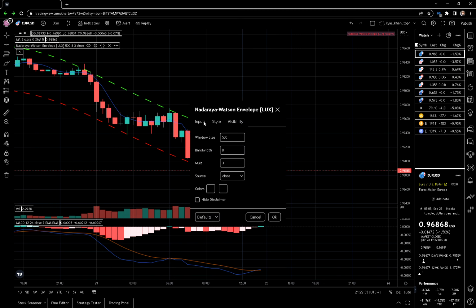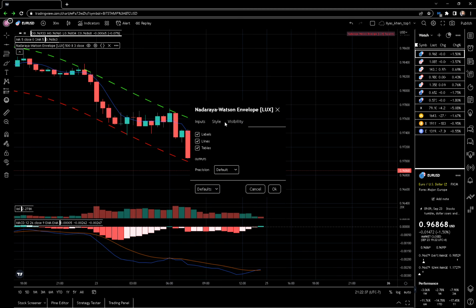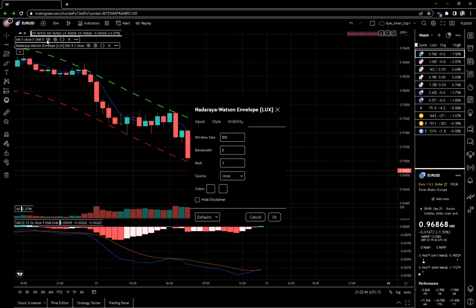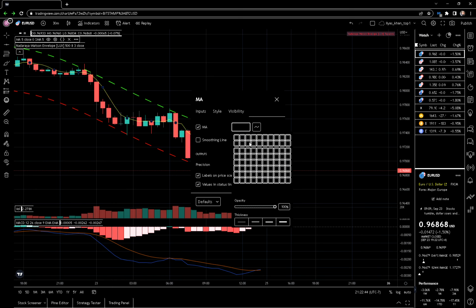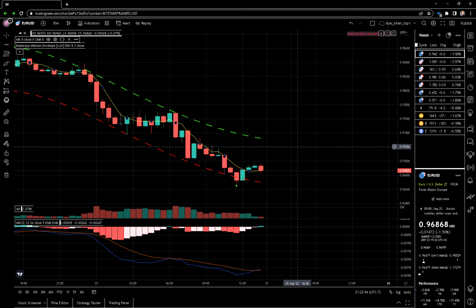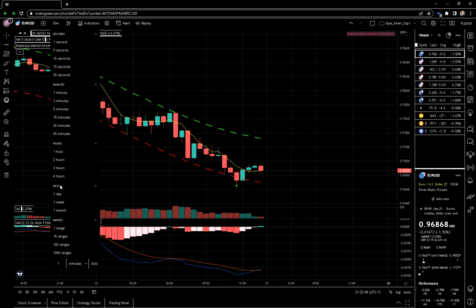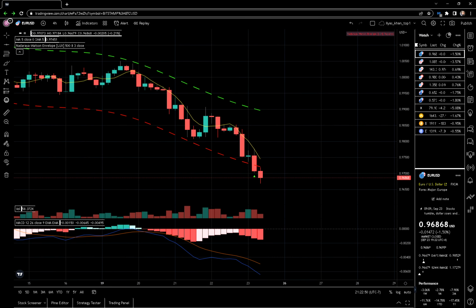It's not showing that well. Whoops, clicked the wrong one. Style, change that to yellow. Okay. So basically right now we're going to be waiting for that inflection, that histogram inflection at least,